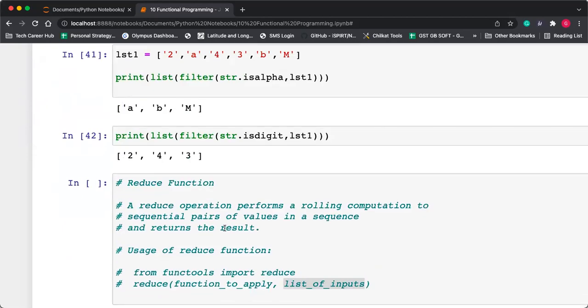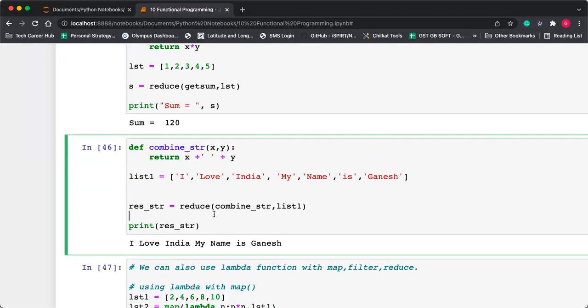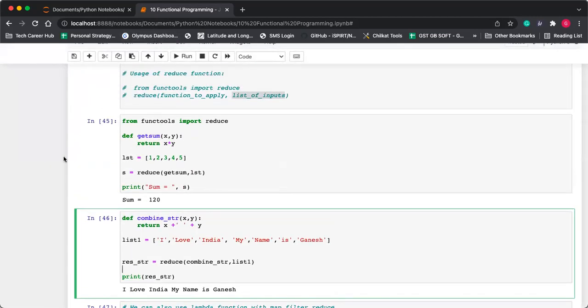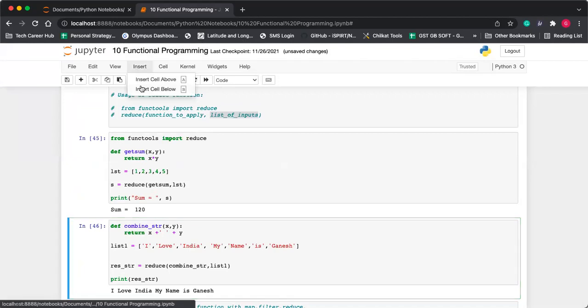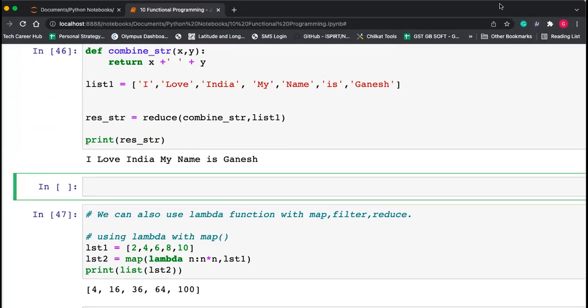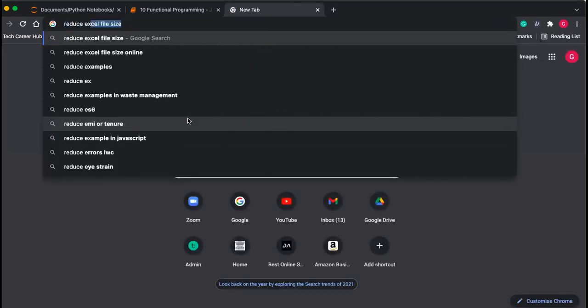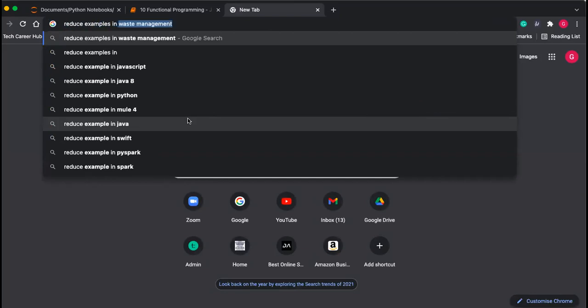Okay. Now next one is reduce function. अभी reduce function क्या करता है? Generally the reduce function is used to get some repetitive work. Okay. हमें क्या करना है कि एक काम है, हमें लिस्ट के ऊपर लगाना है, लेकिन कैसे लगाना है? रिपीटेटिव वर्क चाहिए उसमें. जैसे कि एडिशन दे सकते हैं, सब्ट्रैक्शन या मल्टीप्लिकेशन या कुछ तो ले सकते हैं. शॉर्ट एग्जांपल आई कैन गिव हियर. ओके, एक इंटरनेट के ऊपर से ही थोड़ा रिड्यूस का एग्जांपल लेते हैं. रिड्यूस एग्जांपल बिकॉज इन पाइथन.